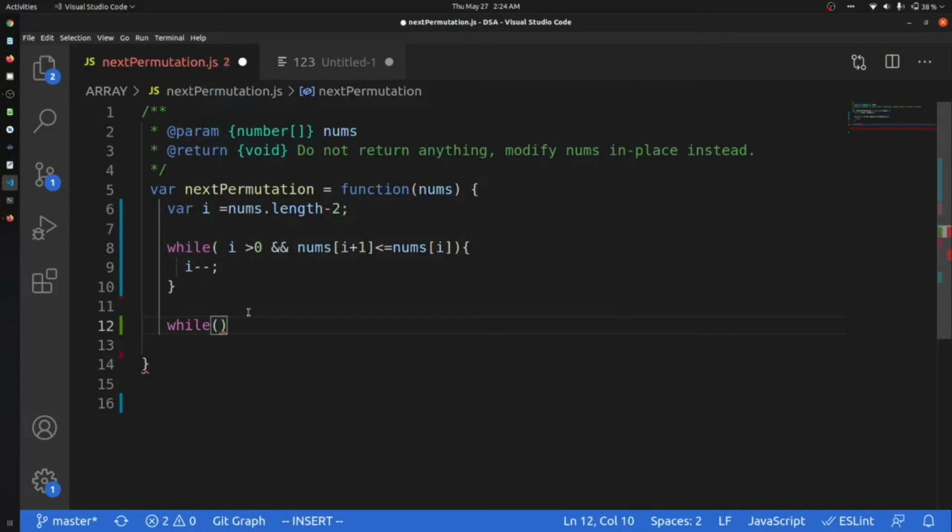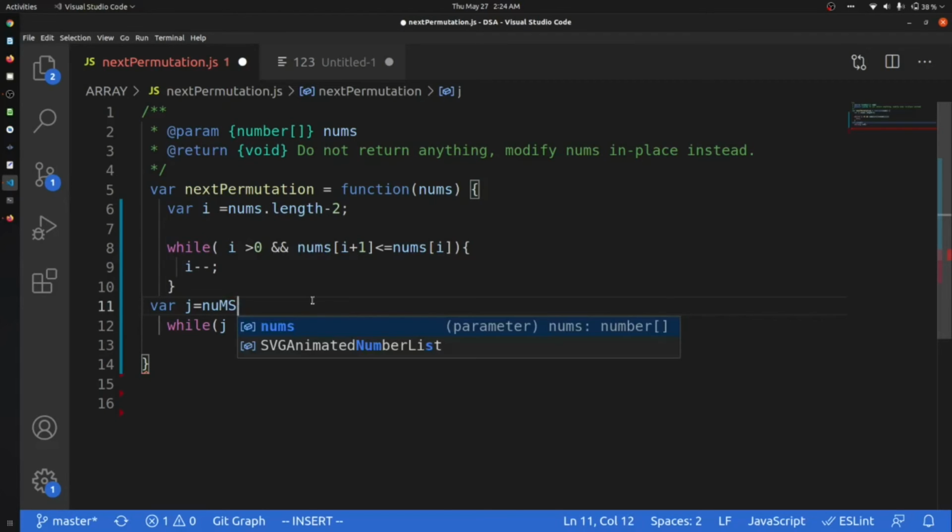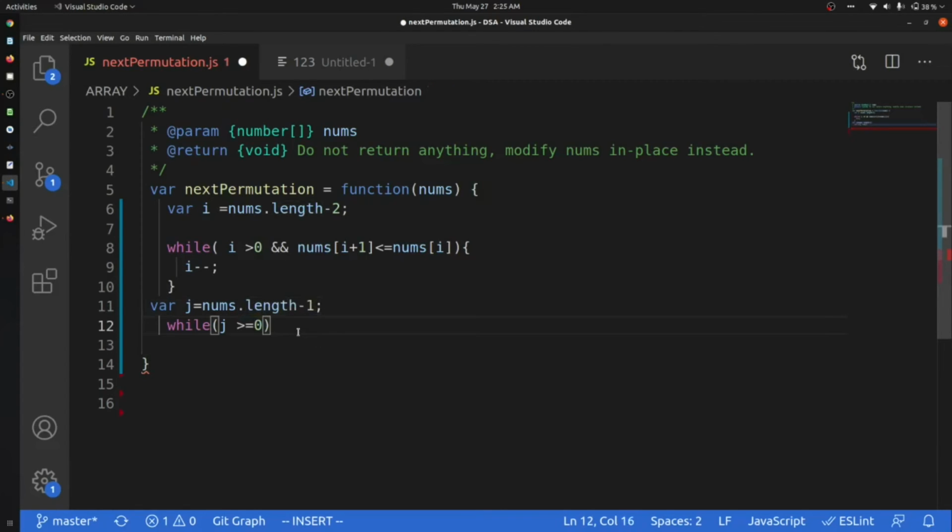Okay, and it will check j is greater than or equal to, and what is j, we will just take a variable j. j will start from nums dot length, and we are going to go with the last element.